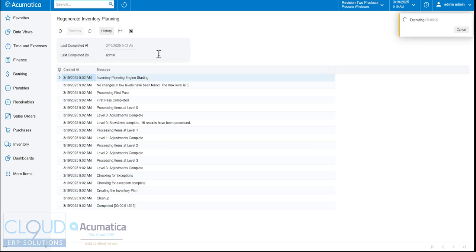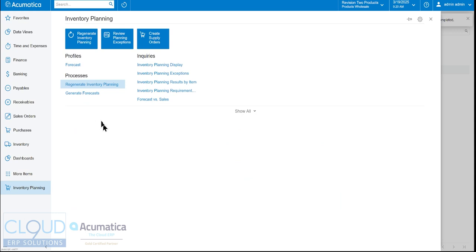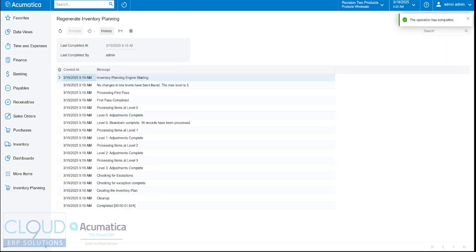Now, depending upon how many items in the system you have, how much transactional history you have, this could take a few minutes. So this is the kind of thing you can schedule and run automatically, maybe daily, maybe run it before the day starts. But based on this, if I now go into inventory planning again, and I look at my inventory planning display,